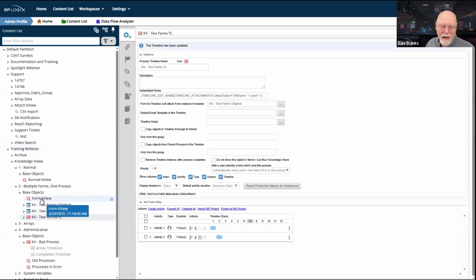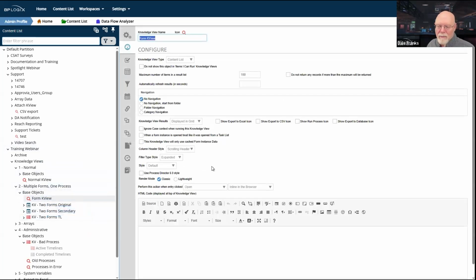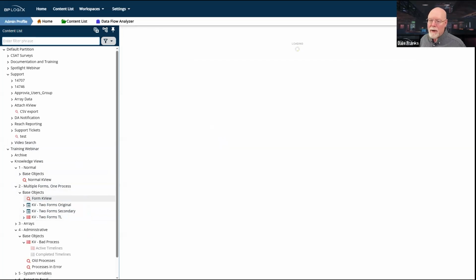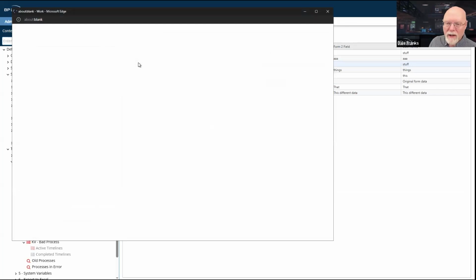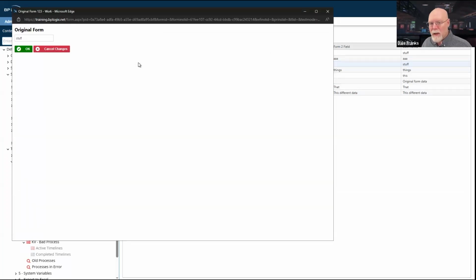That's not a process timeline or knowledge view. This is. So by default, perform this action when entry clicked, open inline in the browser. Cool. That's what we generally want to happen, right? Most of the time, we want to just be able to click on a form instance and open that form instance. But that's not always true, especially not true for management knowledge views.